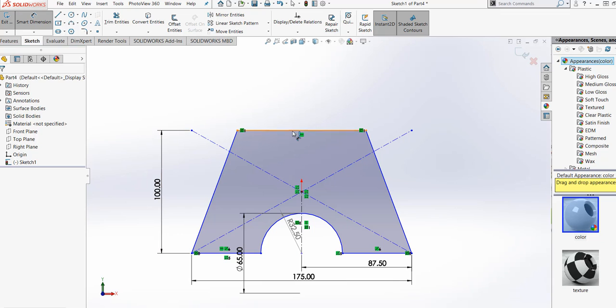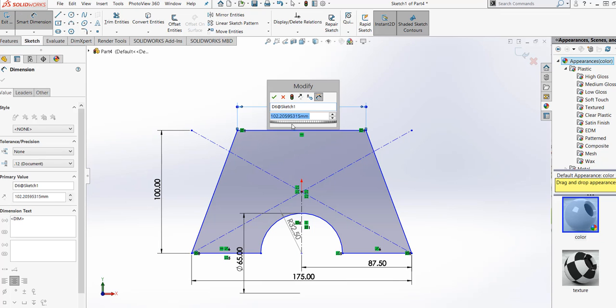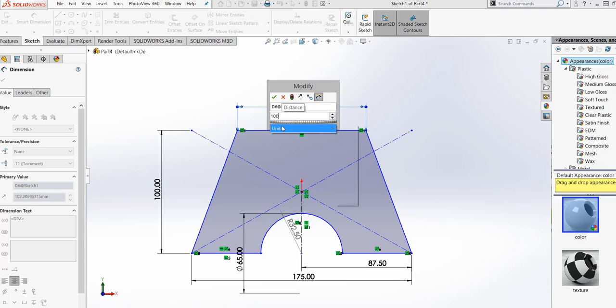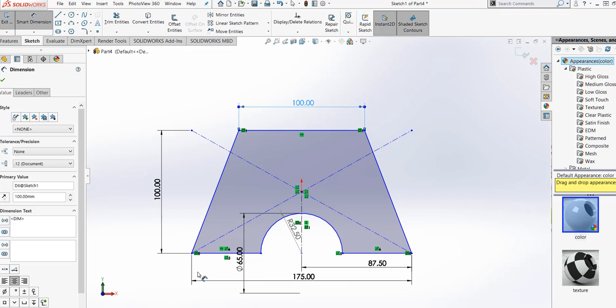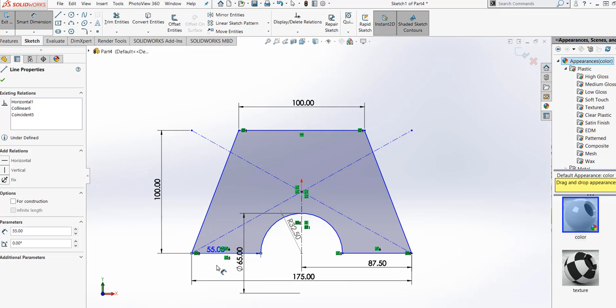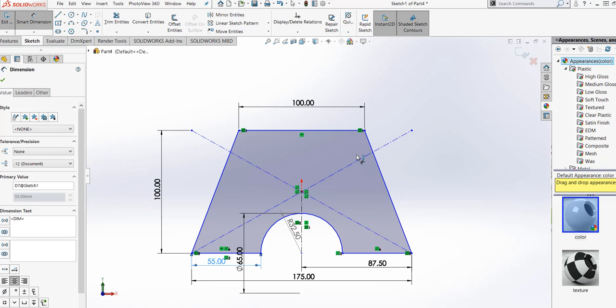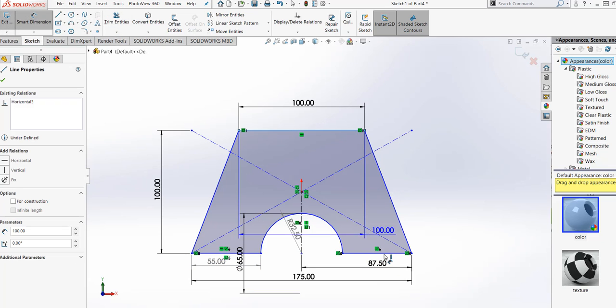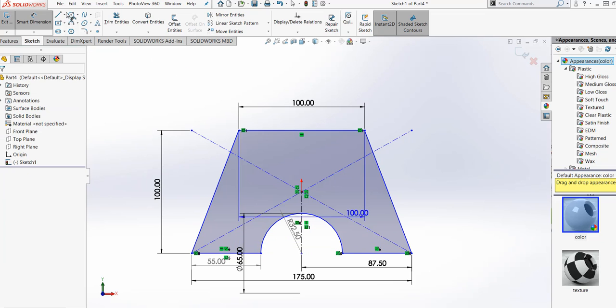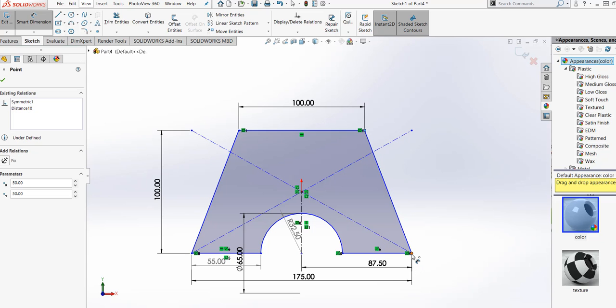Let's make sure, put the dimension of this 100, that is a millimeter. Put this one here, 55. From here to here.